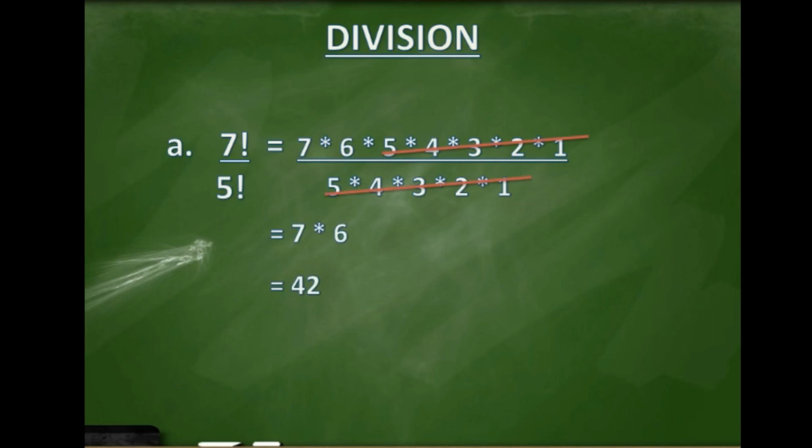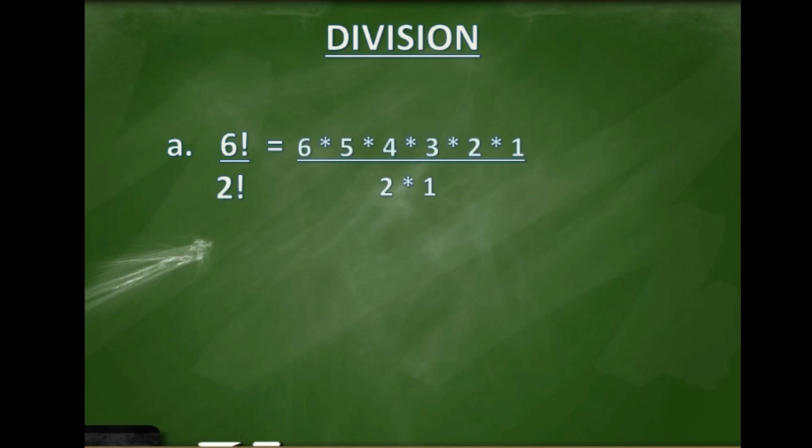And let's have our last example for dividing factorials. So 6 factorial divided by 2 factorial. Again, expand each factorial. So 6 factorial is equal to 6 times 5 times 4 times 3 times 2 times 1 divided by 2 factorial, which is 2 times 1. We have to cancel all possible values that we can cancel. So cancel 2 times 1 in the numerator and cancel 2 times 1 as well in the denominator, which leaves us with 6 times 5 times 4 times 3, and our final answer is